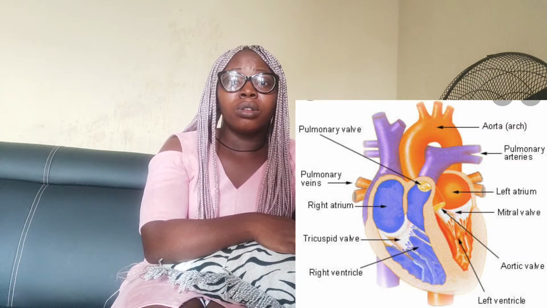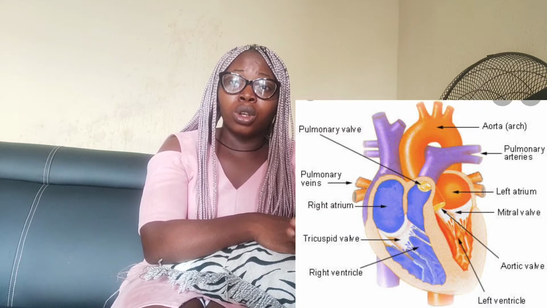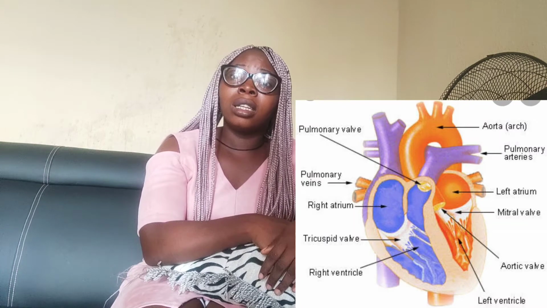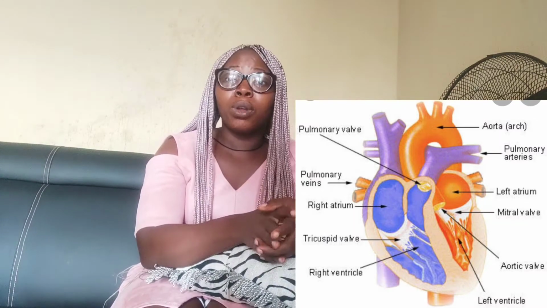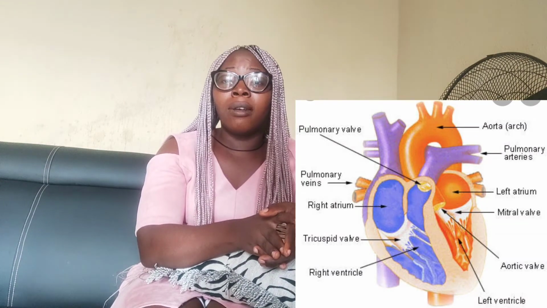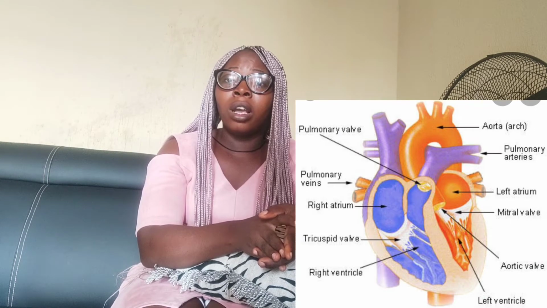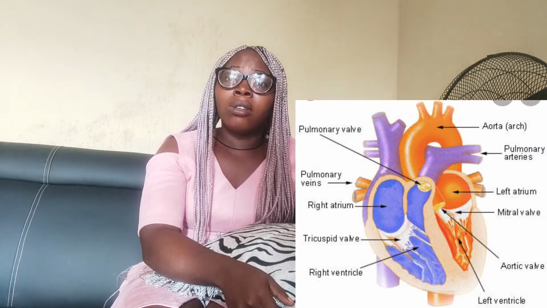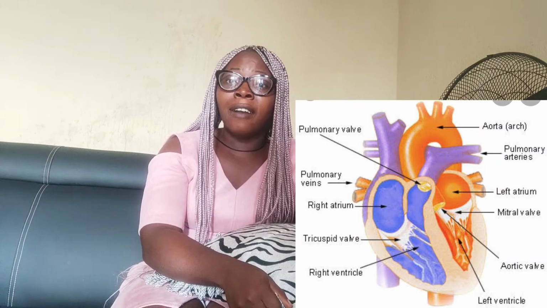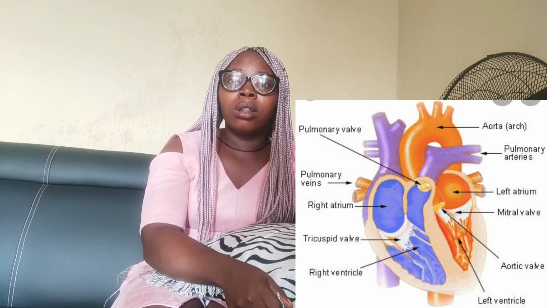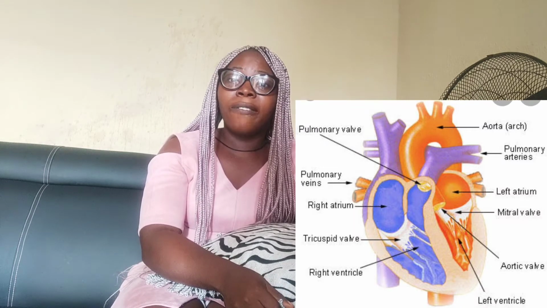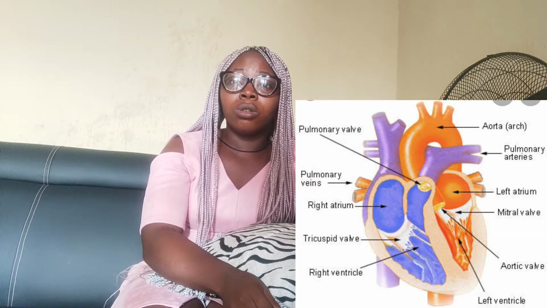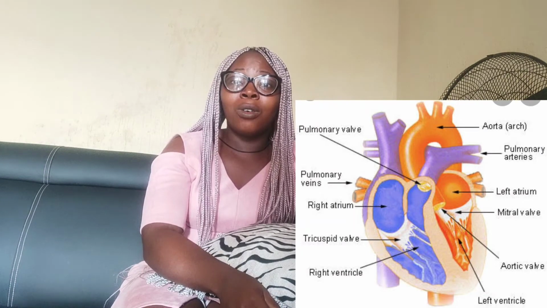blood, oxygenated blood through the whole body, the walls are very, very thick, and on the right side, between the right atrium and right ventricle, we have the tricuspid valve, which is also known as the right atrioventricular valve, and between the left atrium and left ventricle, we have the mitral valve, which is also known as the left atrioventricular